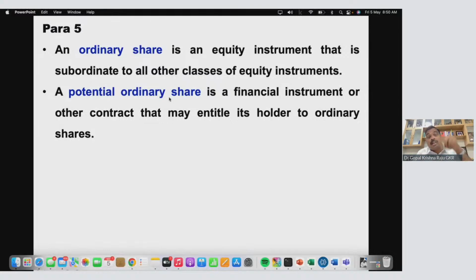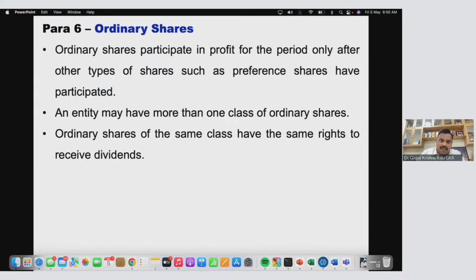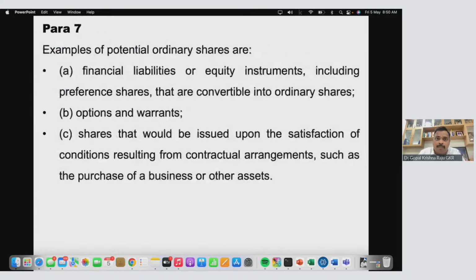What is a potential ordinary share? It may entitle its holder to an ordinary share. May entitle, so options. So we have various definitions of ordinary shares. Look, these are all potential ordinary shares, like options,